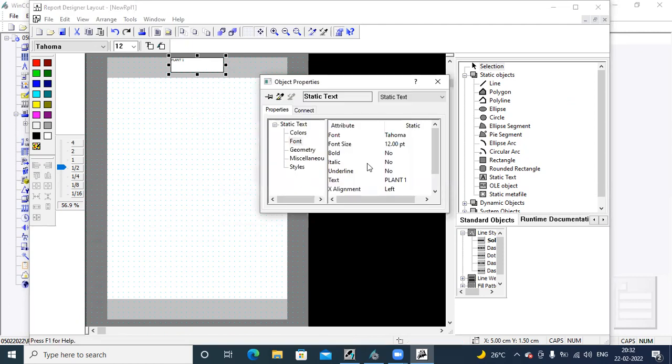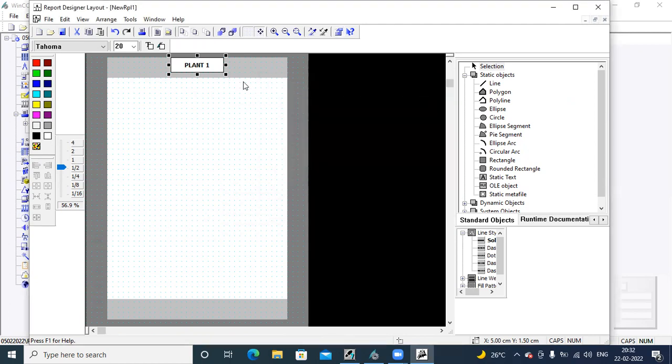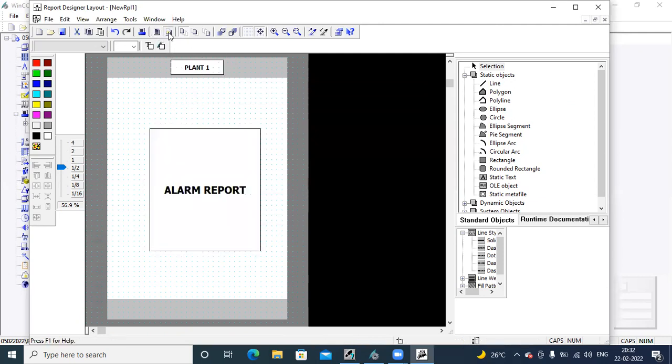Also increase the size, X and Y alignment centered. Like this, I can arrange this in the middle line. Then I go to dynamic part here, plant one alarm report. This is for your cover sheet.